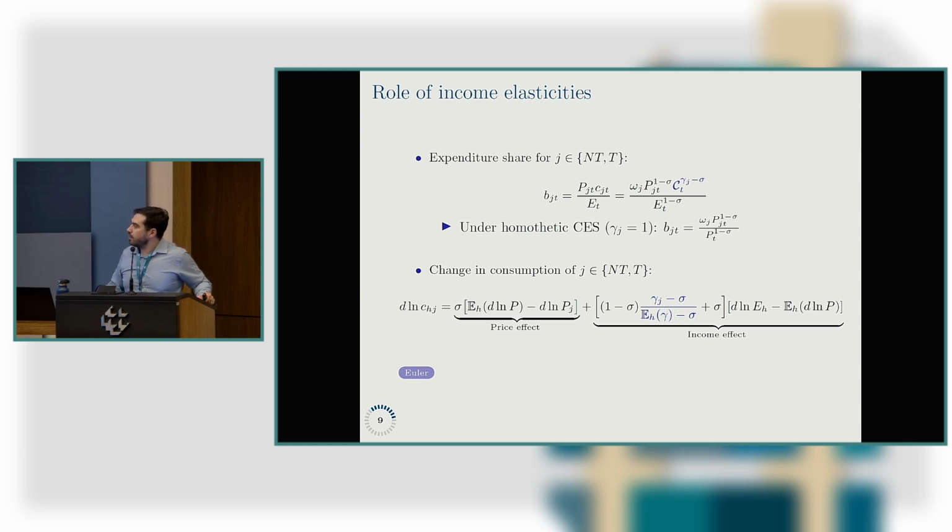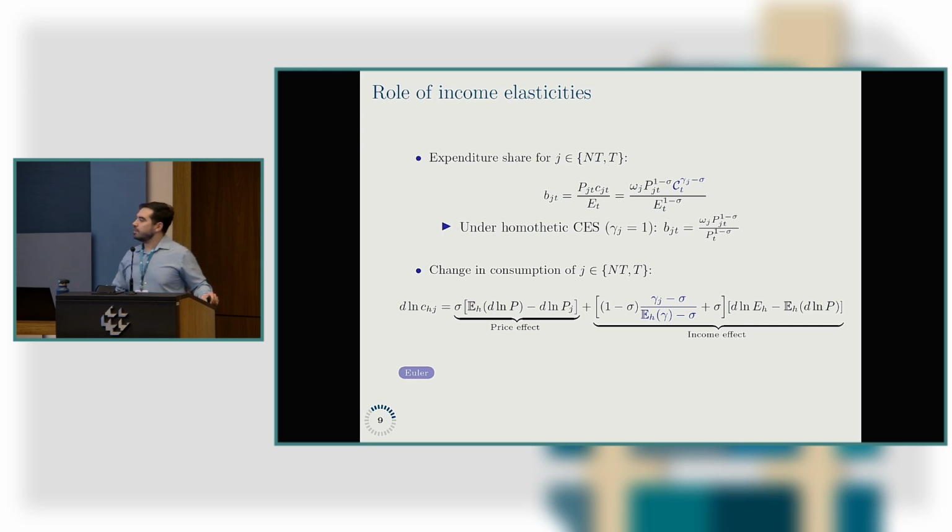And then just a reminder about what the homothetic CES preferences are in this case. In this case, there is no consumption or real income associated with prices, and so they only depend on relative prices. So basically, if we think about the income distribution, the expenditure share across the income distribution is constant.